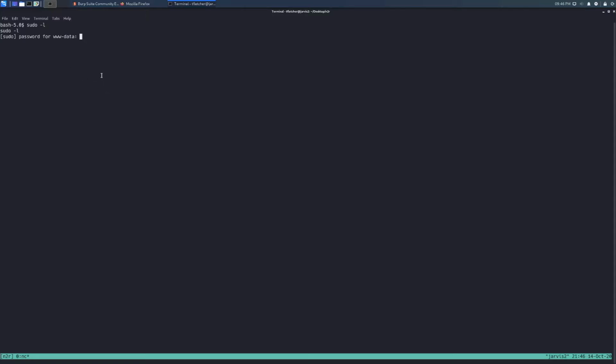So if we go sudo -l to try and see what we can run, occasionally you might have a no-password command that you can run as root, which is a really easy privesc method. But it's prompting me for a password, so we're not going to get anything out of that. A lot of the times you'll see something as a